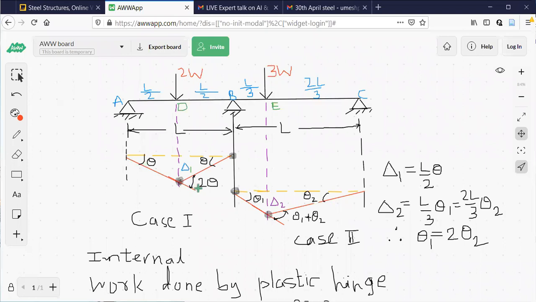When the span is about to collapse, this is the shape. Whatever I'm showing here, no? This is the shape. So before this part collapses, it has reached this point. There are 2 plastic hinges that have formed. If you further increase the load, the system will collapse. The span AB will collapse. Okay. My question to you is, why is a plastic hinge not shown at A?